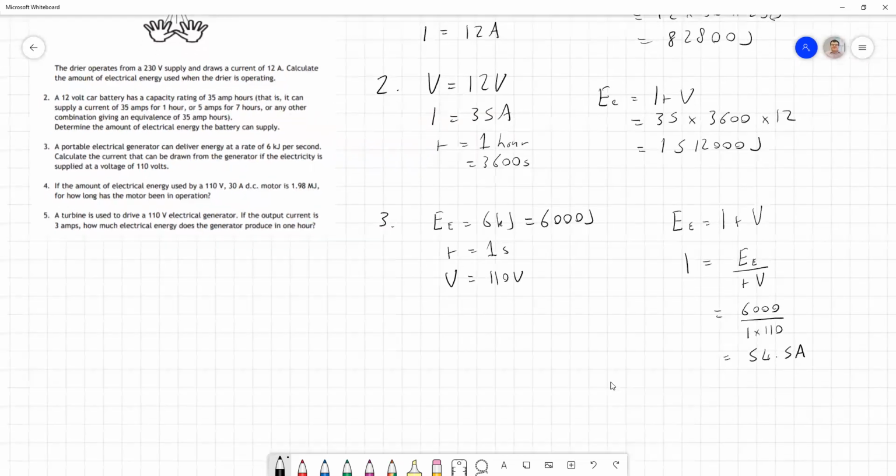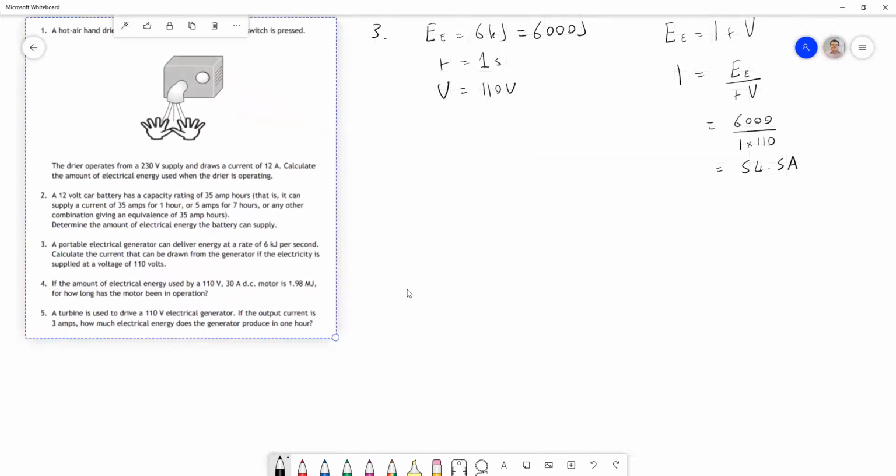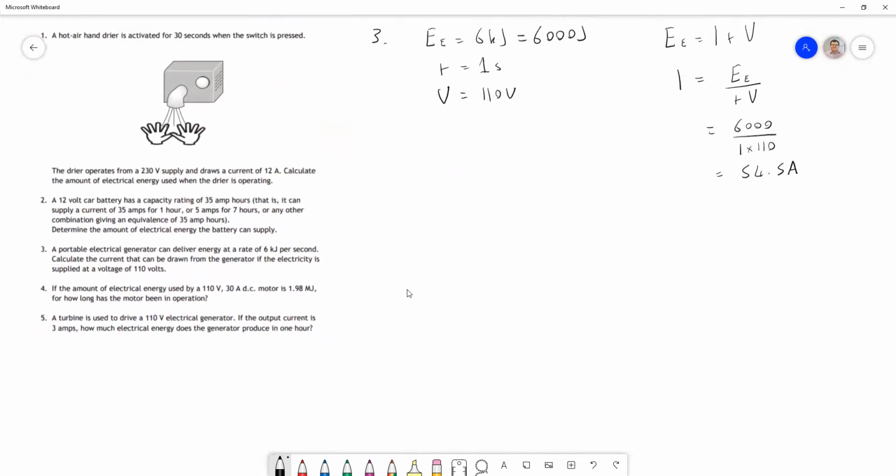So let's look now at questions 4 and 5. Question 4. If the amount of electrical energy used by a 110 volt 30 amp DC motor is 1.98 megajoules, how long has the motor been in operation? So this time we're given voltage, current and energy and asked to find time, and we can do that. So our voltage is 110 volts, our current is 30 amps, and our energy is 1.98